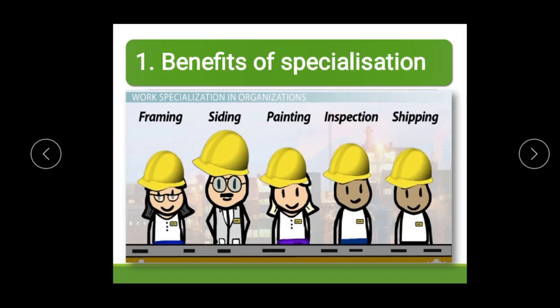We can continue the textile organization example here. In the production department, the person who has the knowledge of weaving will be assigned the weaving work. The person who has the knowledge of dyeing the cloth will be assigned that work, and the person who has the knowledge of spinning will be assigned the spinning. So the specialized persons are appointed for each task.